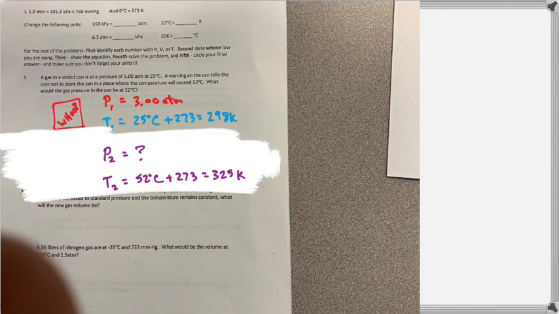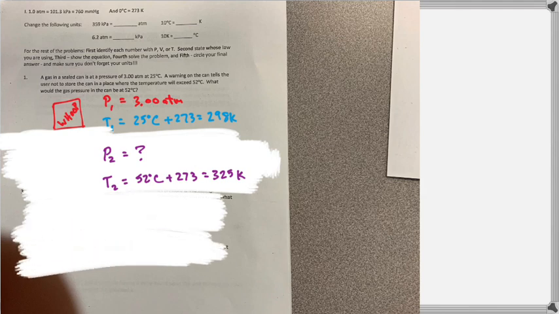Okay? So now I have 4 pieces of information. I need a formula that would allow me to bring those 4 pieces of information into a way that would allow me to see P2. Make sense? So this is where you could flip to the front where we wrote out that relationship. I didn't write it on this sheet of paper, so I don't have it. I'll try and make it up as I go.